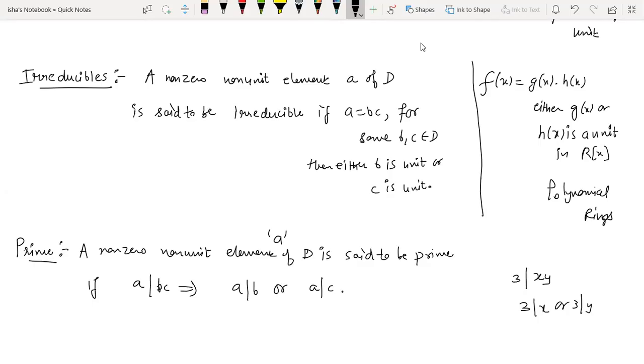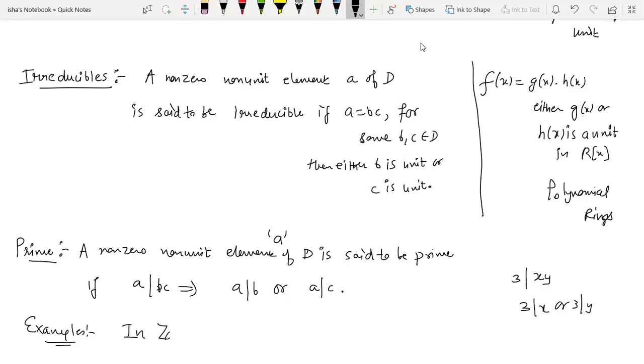x is going to have its prime factorization, y is going to have its different prime factorization. So if 3 is in the prime factorization of x into y, that means 3 is there in the prime factorization of either x or y. It is otherwise not possible. This is a property we already know about prime numbers. The same definition is here for the prime element in general for any integral domain: if an element satisfies this kind of property, then we say the element is prime. Now I'm going to give you examples of this.